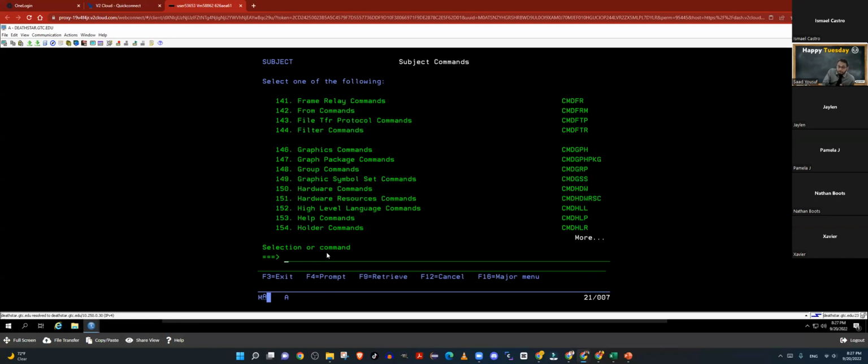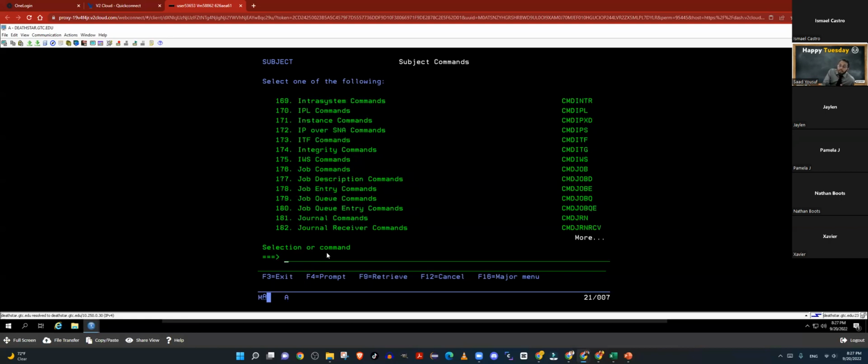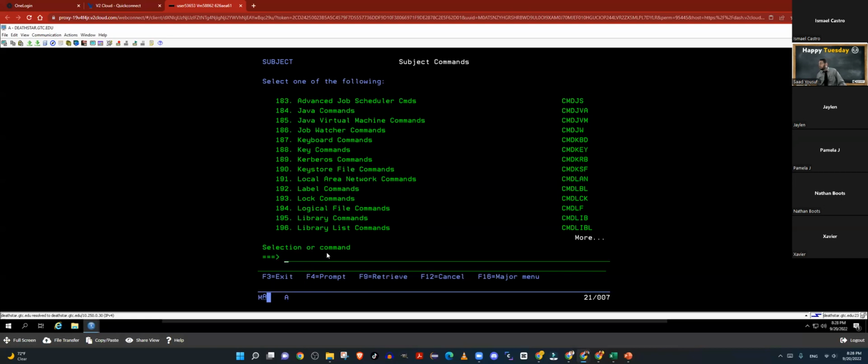Okay, let's page down to the letter L. And you can see right at the bottom on line number 195 that it is what Pam wrote. So Pamela wrote CMD LIB, and that's exactly what it is. Okay, now similarly,